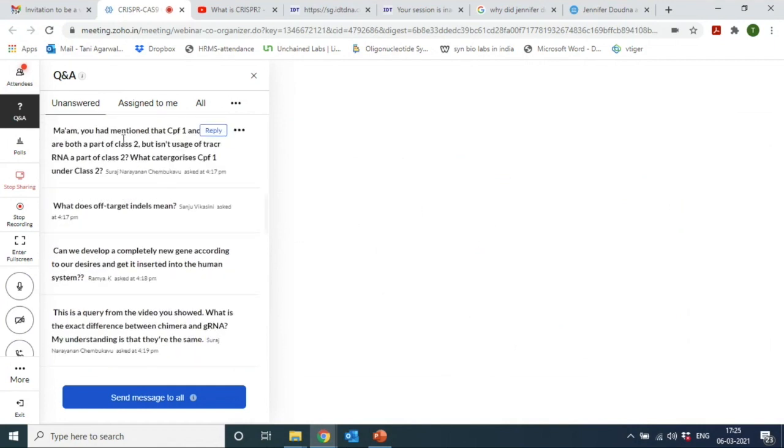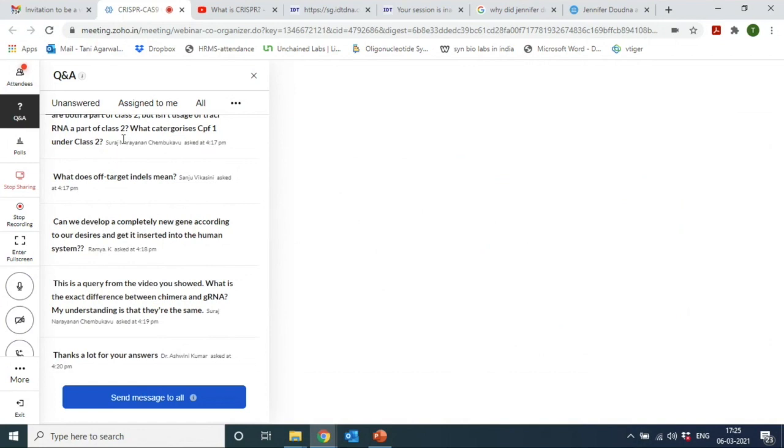I think it starts from Sanju's question. What does off-target indels mean? So Sanju, off-target indels means insertions or deletions, that is the long form for indels. So insertions and deletions which happen at an undesired location, which was not really planned, which are happening at an off-target site, right? Then Diksha, next question. So the next question is, can we develop a